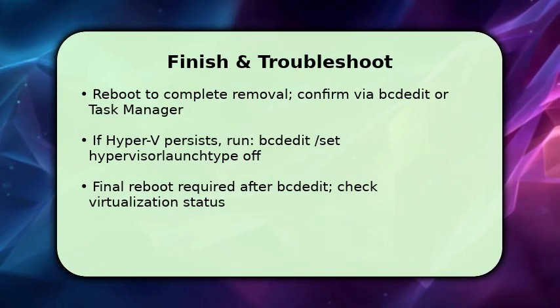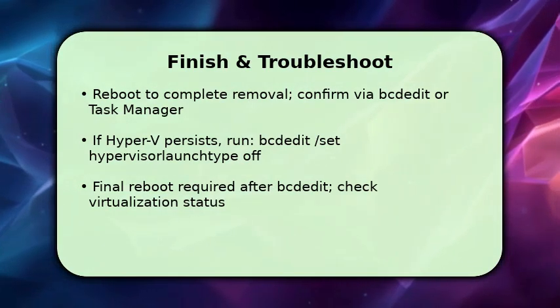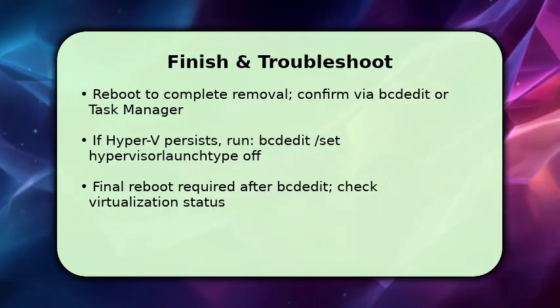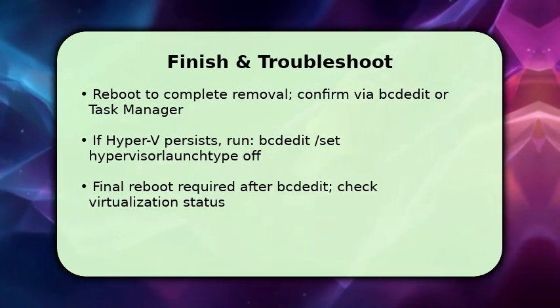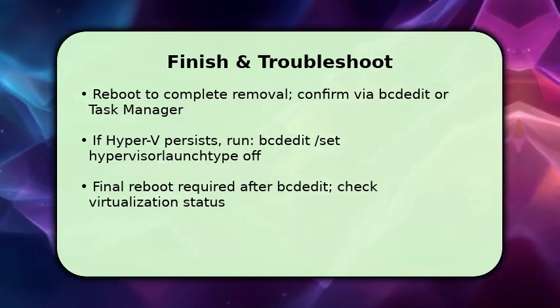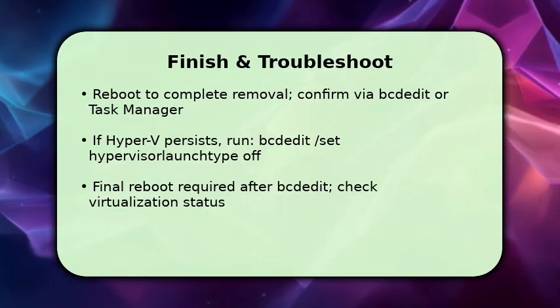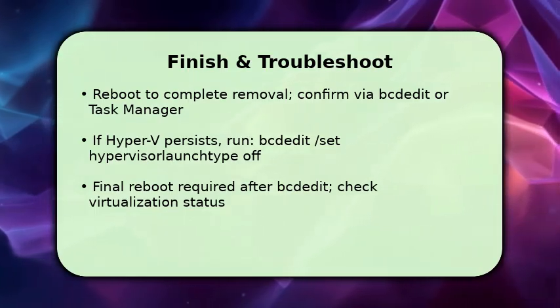After reboot, verify Hyper-V is disabled by checking Task Manager's Performance tab or running bcdedit to confirm Hypervisor launch type is off. If Hyper-V still appears or virtual machines fail to run, open an elevated command prompt and run